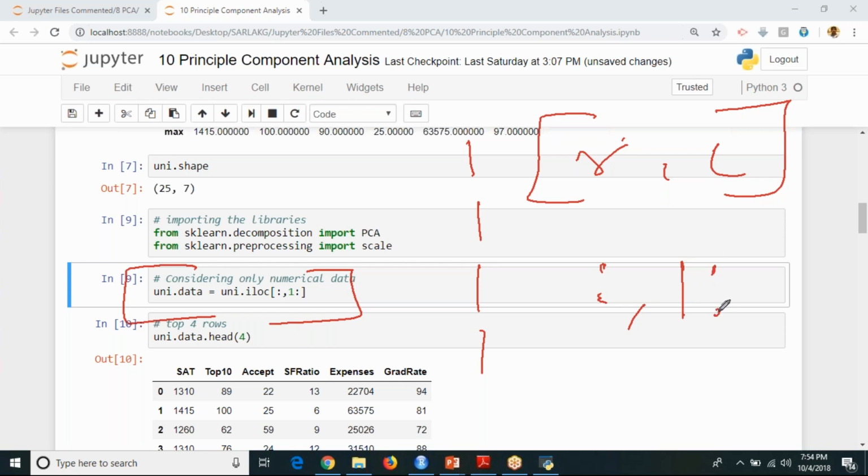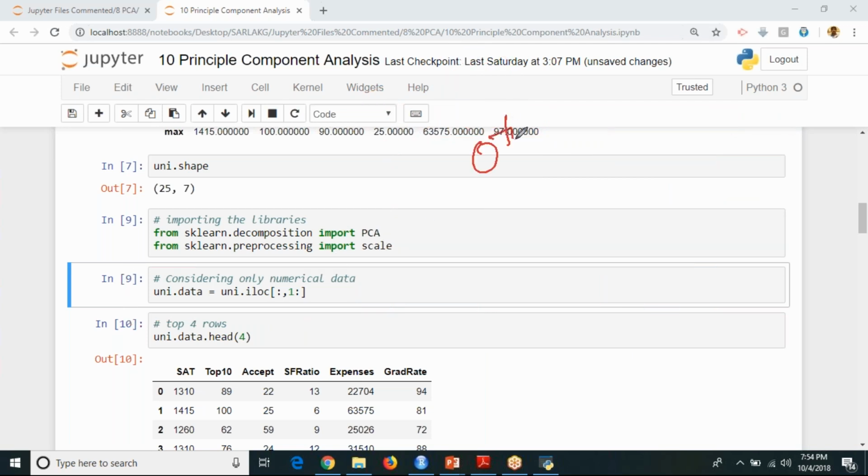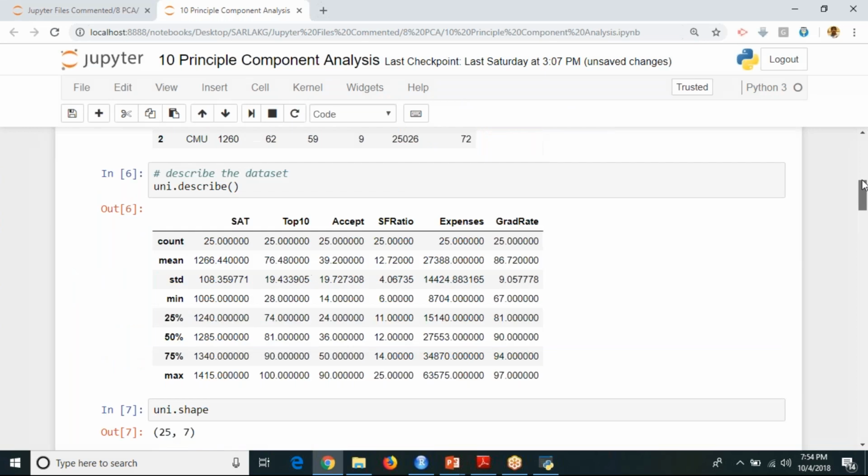From the first column you are considering, because you're not considering your 0th column, because in Python the index starts from 0. It will be starting from your first column. So I'm not including my first column, the 0th column. That is nothing but my university name. If you want to see further, you can clarify it here by using this.